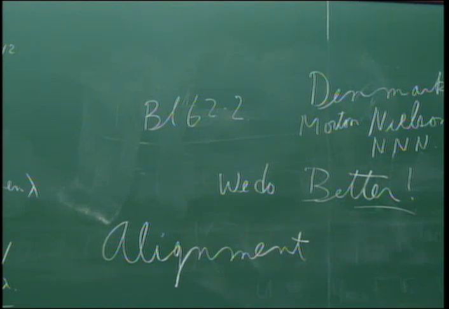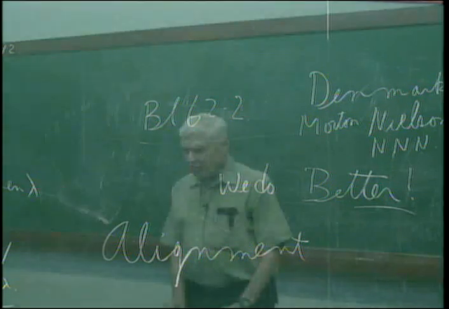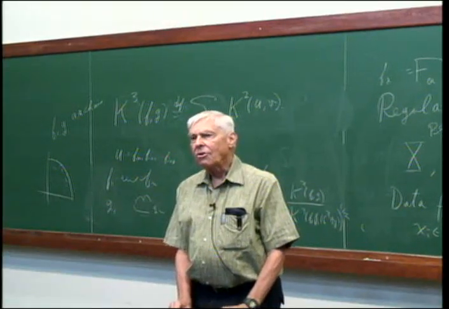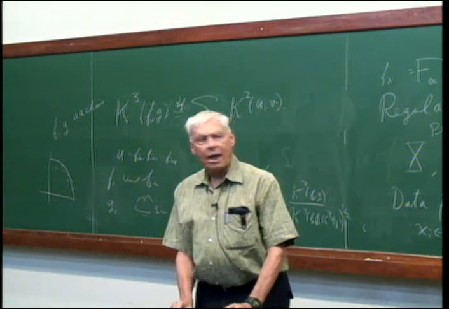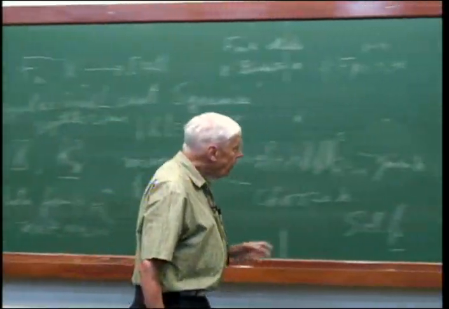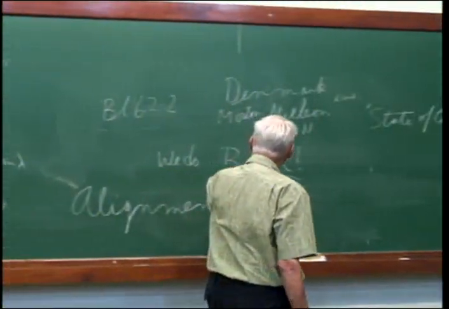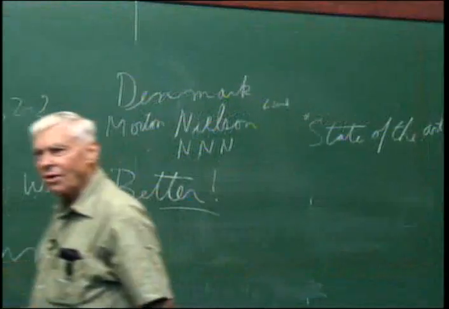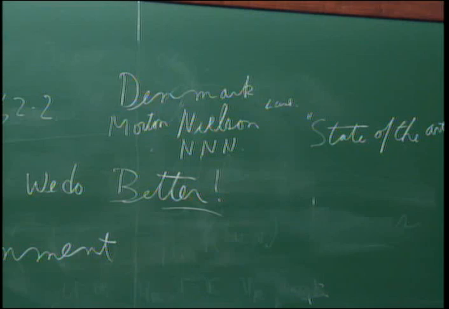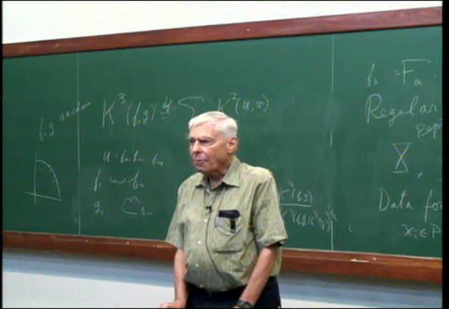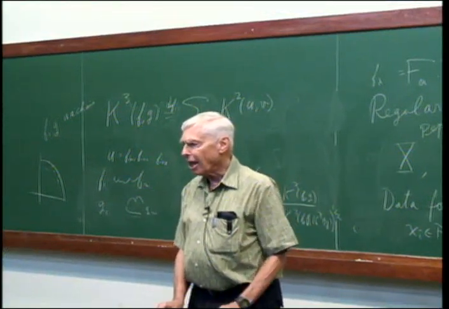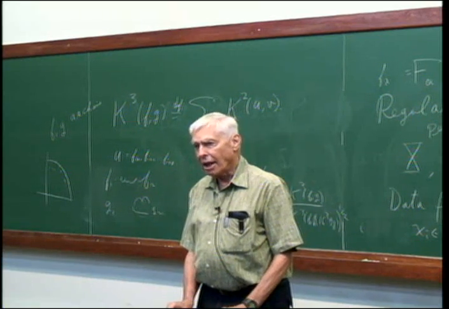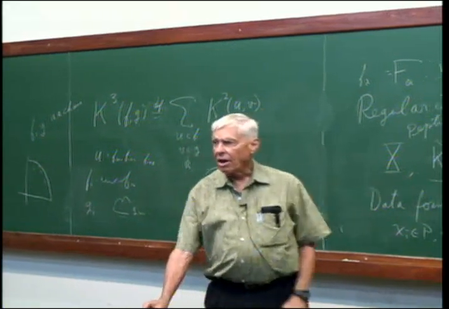But since then, we have another amino acid substitution matrix, which is derived without using alignment, and we get results with that just a little bit worse than our first results, but still better than Nielsen. So we get better than Nielsen without using any alignment at all. I don't think our work is well known enough, and we didn't say it clearly enough in our paper, because we still use a little bit of alignment. But now we have eliminated alignment from this project.